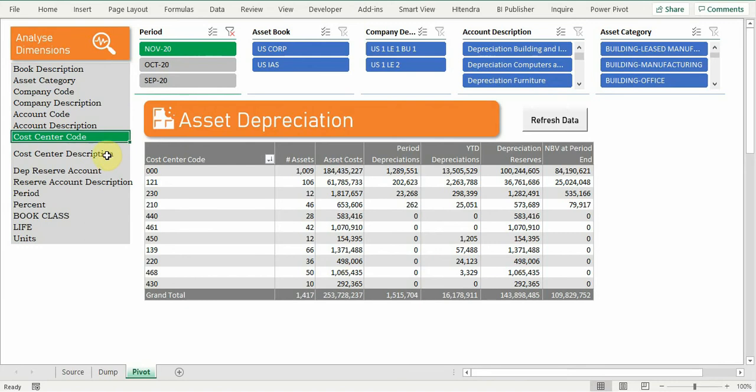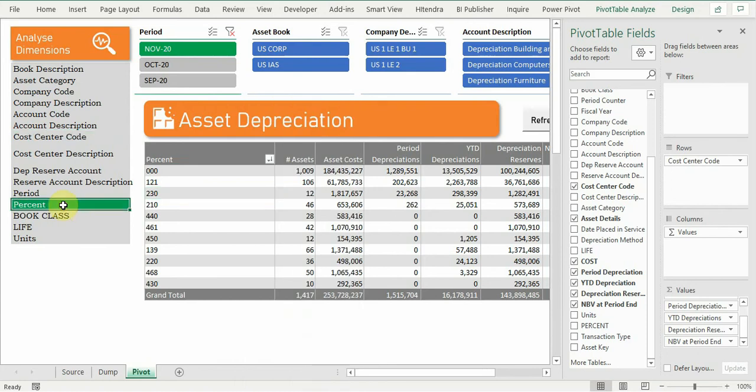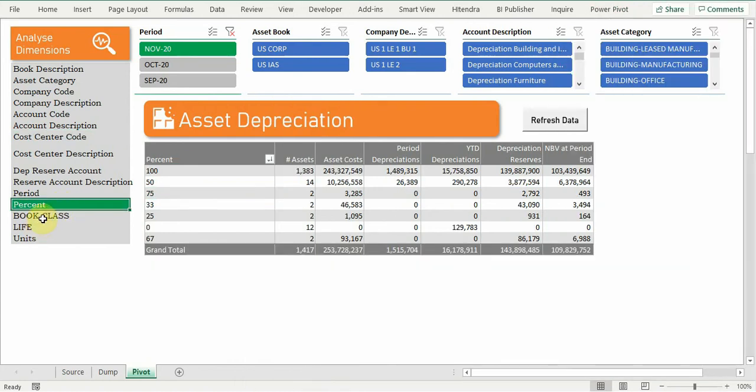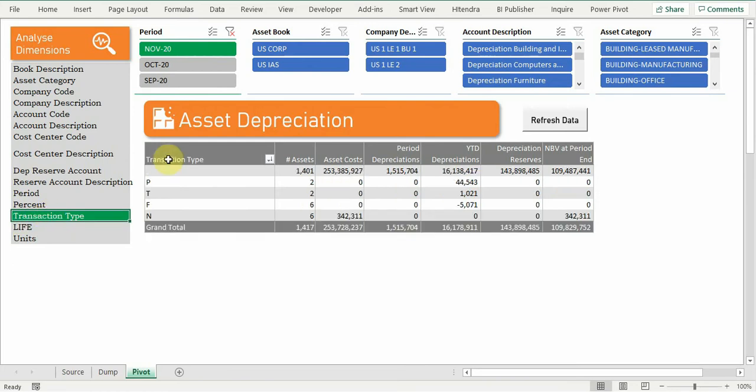Now there could be a reason, like you can say only 15 dimensions are available, whereas the standard report gives so many columns. We want to use those columns, just like you want to use person transaction type for your analysis purpose. How will the same be available? For this, you can either replace any of the existing ones, just like life is not so useful or book class is not useful, and you want to use transaction type. Type the words transaction type and just click. Now it is available by transaction type.